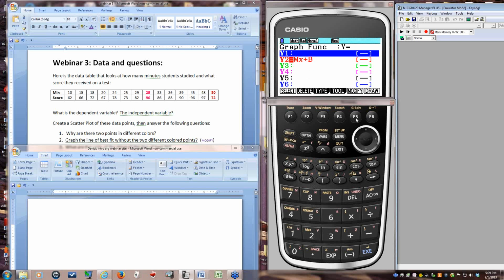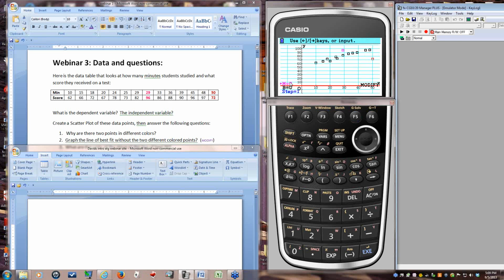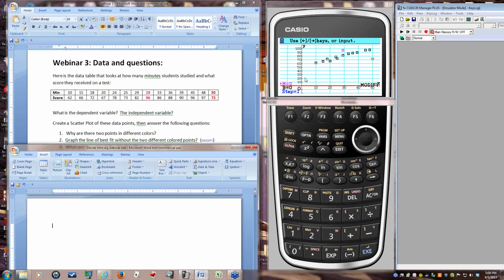But if I hit F5 for modify, that's where I get these three things in this case in the lower left-hand corner. So first question I'm going to have for you, if I'm going to try and figure out the line of best fit, is what would you guess for the intercept of that line? And once I'm in modify, if I hit the right arrow, it gets up one bigger because it's step 1. If I hit the left arrow, it goes to -1. So I'm not going to do that. And actually that's changing the slope right now.